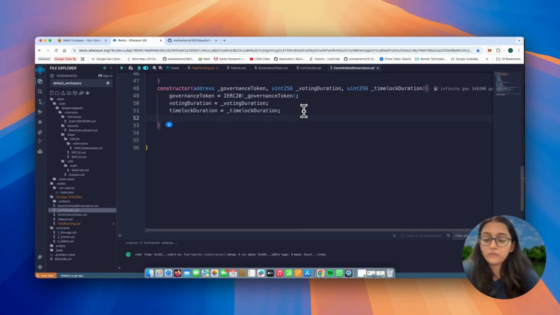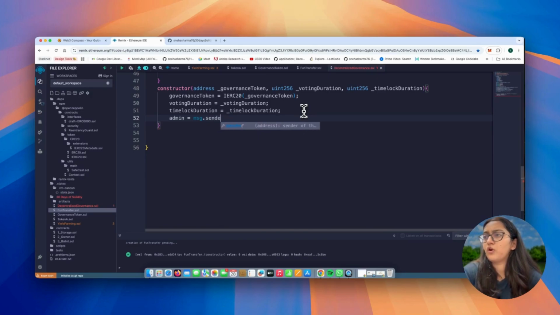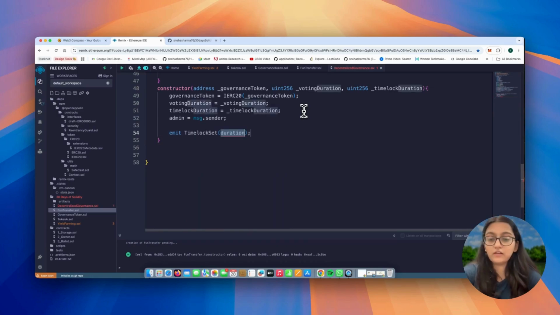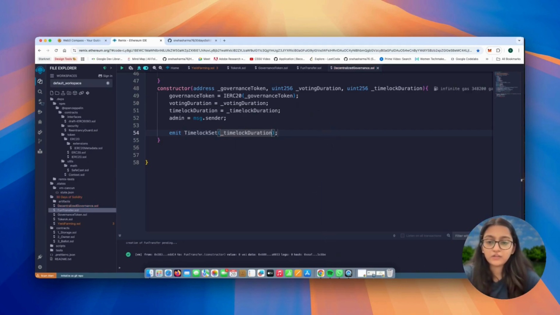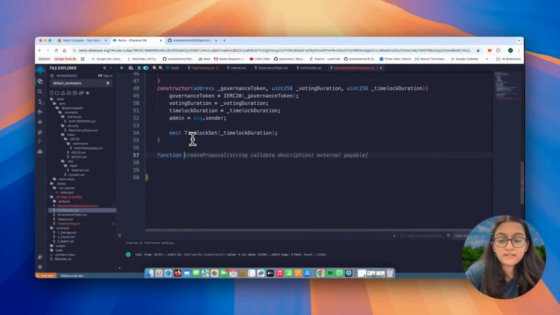Now, we'll set the admin equals to msg.sender. And then we say emit TimeLockSet, and the duration is what? Time lock duration. Great. So everything's transparent. Now it's time that we start writing the functions, and we will start with the smallest cute little functions initially. For example, the first thing that we're going to write is a function